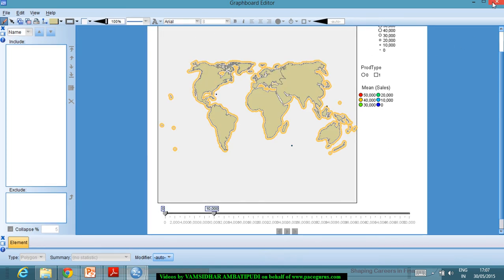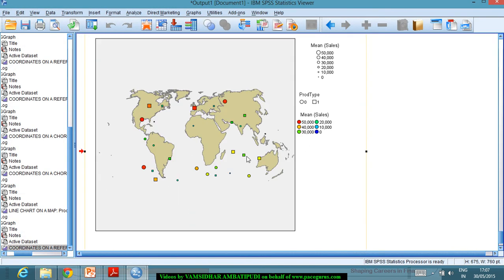Yeah, let me cut this again. Now here if I'm looking at,